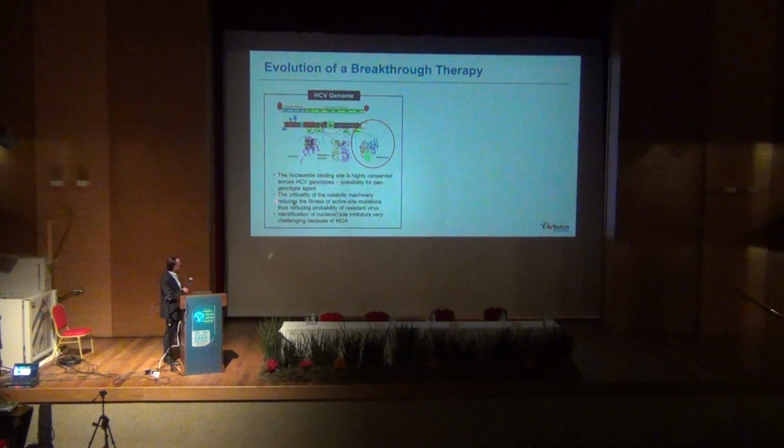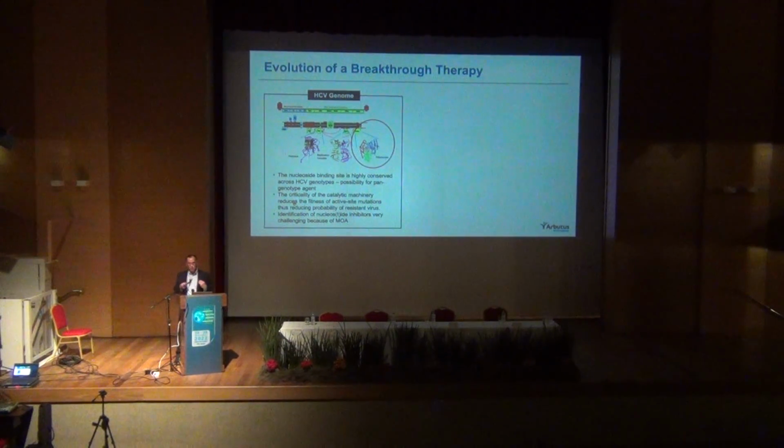Number two, the criticality of catalytic machinery reduced the fitness of the active site mutation, meaning if you reduce the fitness, the virus can no longer survive itself. Then identification of nucleoside inhibitors became very challenging because of the mechanism of action, meaning because if you look at